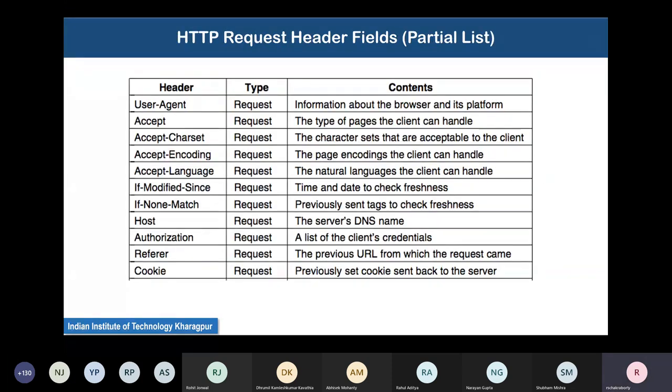So the header fields, there can be many others. One of the important ones is If-Modified-Since. If-Modified-Since is an important flag. What happens is that it might happen that your computer has accessed, say,